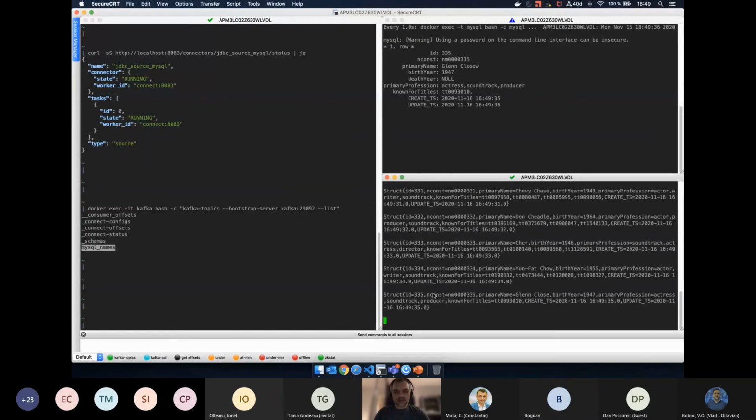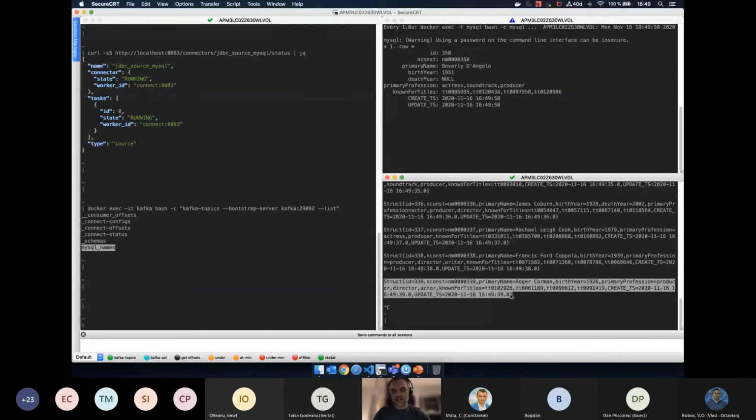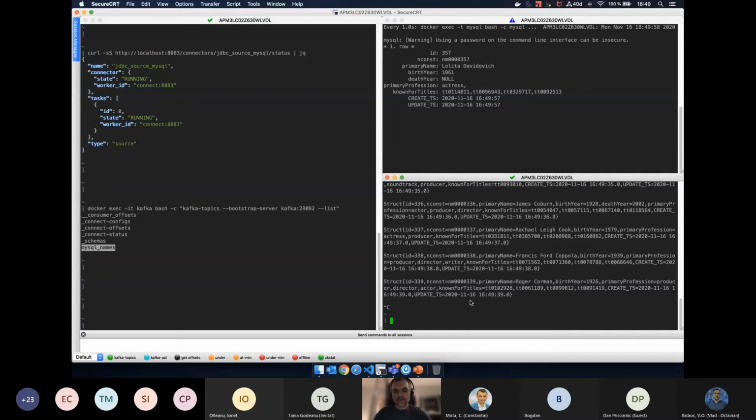Data is nearly real time being read from our database and published into our topic. If we look at our data format, we see that it is a comma separated string. But practically this data structure is not that useful. Imagine that all our applications will have to parse that data structure in order to extract the fields.